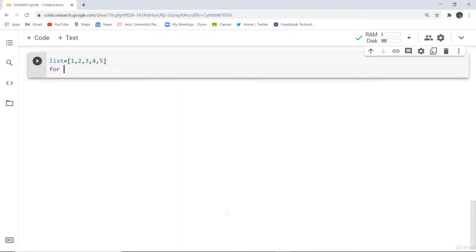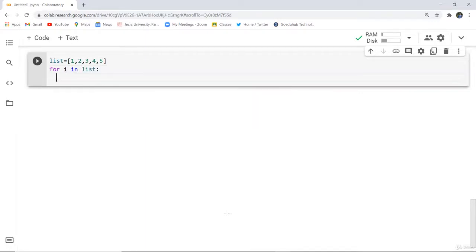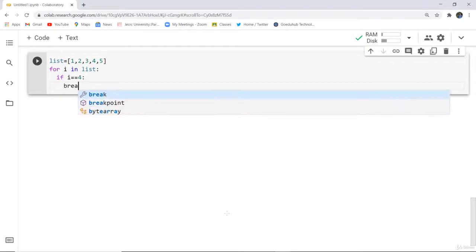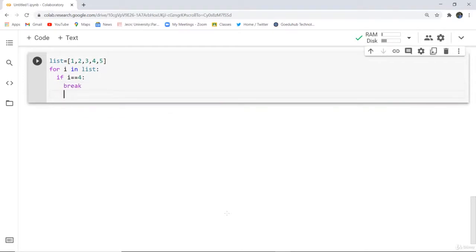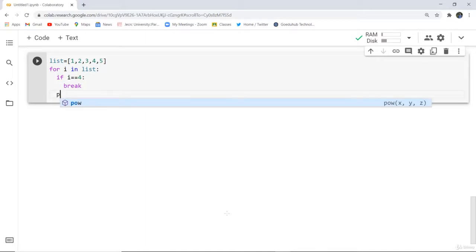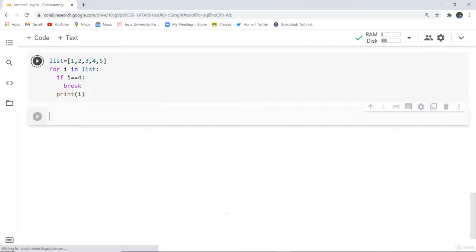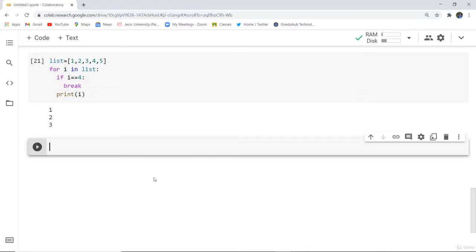Next I'm going to execute a for loop for this list: for i in list, if i equals 4, break, and what it has to do is print i. Now as I execute this particular cell, you can see here it returns only 1, 2 and 3, because